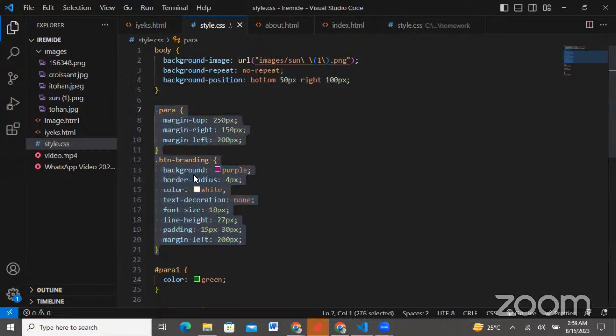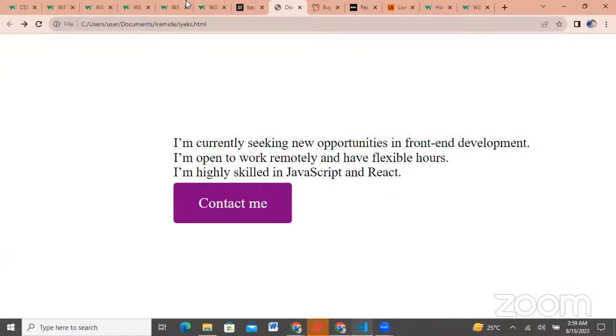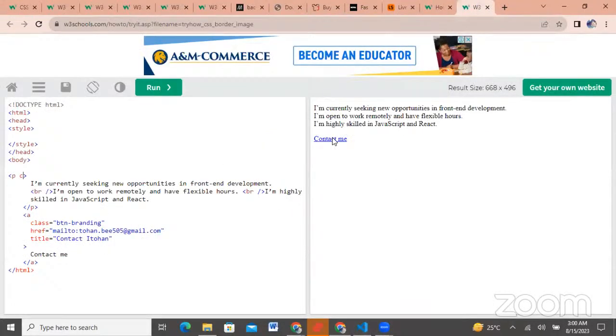So you're going to open a new file, like I said, and then you're going to write about yourself, what you're interested in, what you want to do, and all of that. So when you're done writing, on your browser it should look like this. So what you do, first of all,